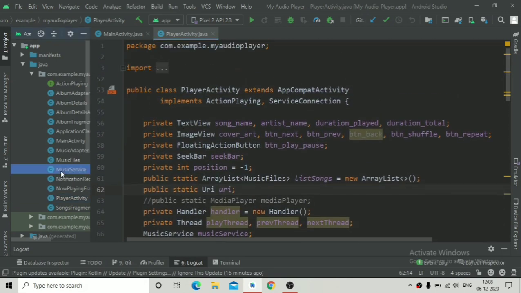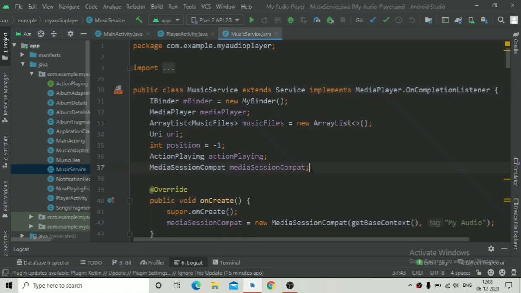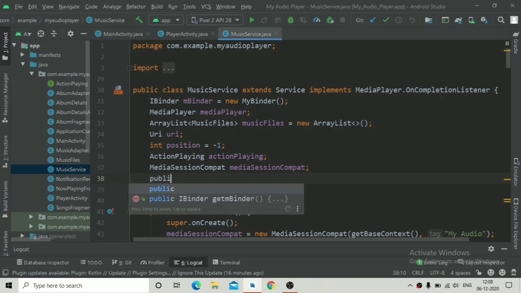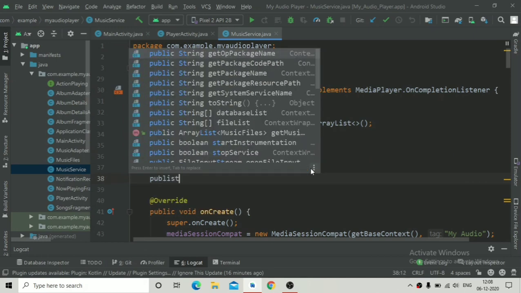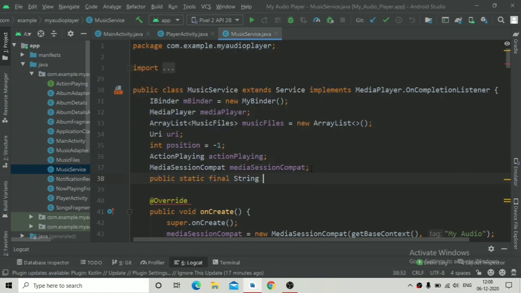So first of all, I am going inside our music service class, and now here we will have to create some string variable so that we can use the shared preferences to store the information related to that song, means the song name, artist name, and the path. So here I'm going to create public static final String, and you can give it any name. I'm going to give it a name, let's say music file. Just write MUSIC_FILE_LAST_PLAYED,